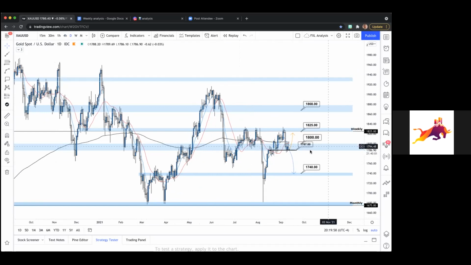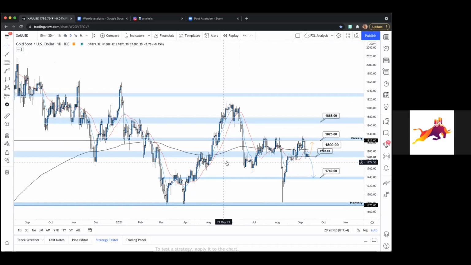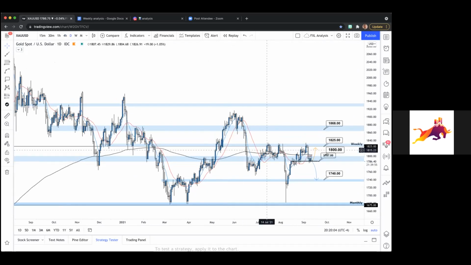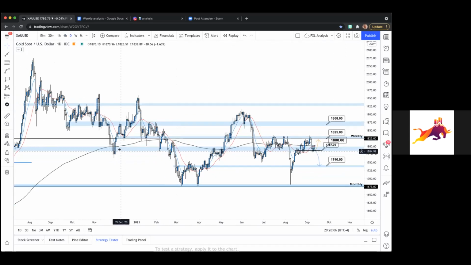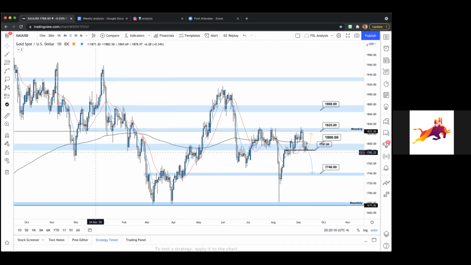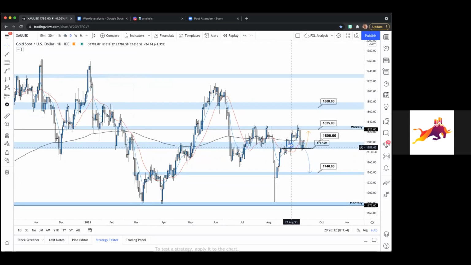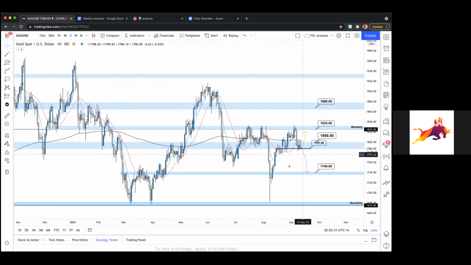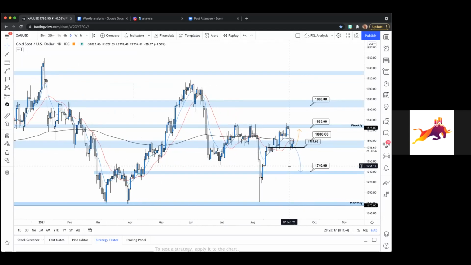But there is one thing that you guys need to be aware of. It's this 1800 level, right? So if we're moving above this, we've pretty much seen this level act as support, super strong support, and just a lot of reaction out of this level. So the fact that we've been seeing a ton of consolidation in here is kind of worrying. It means we can't really take great trades based on the trend.